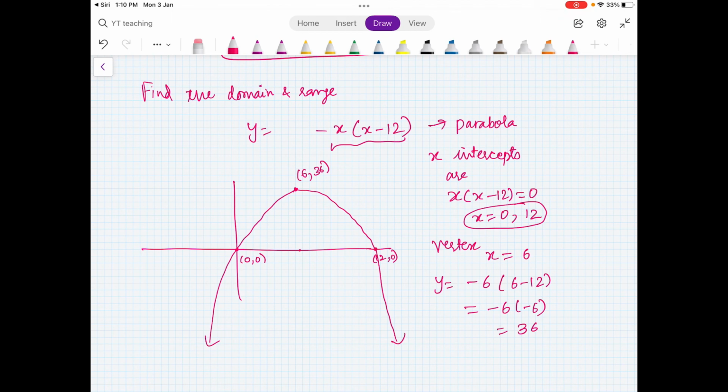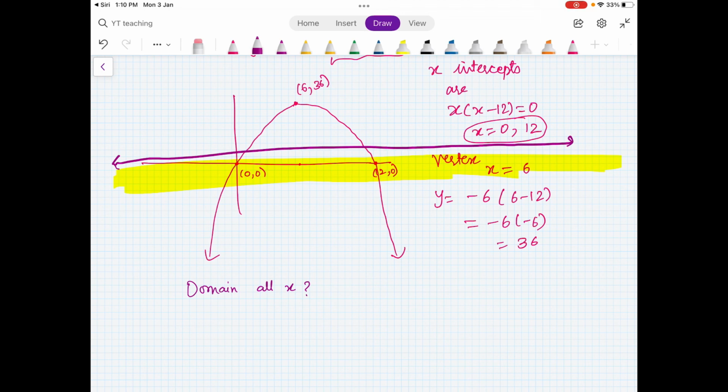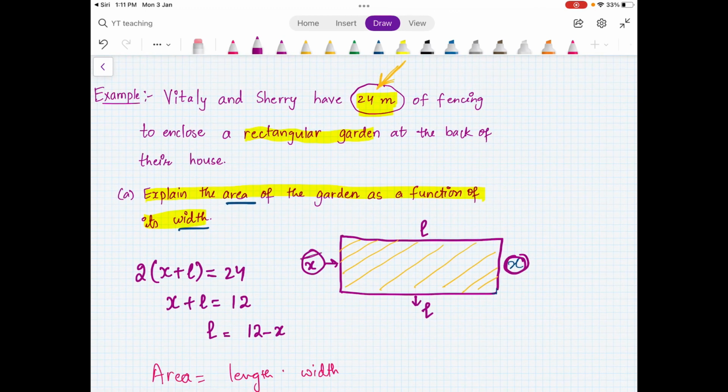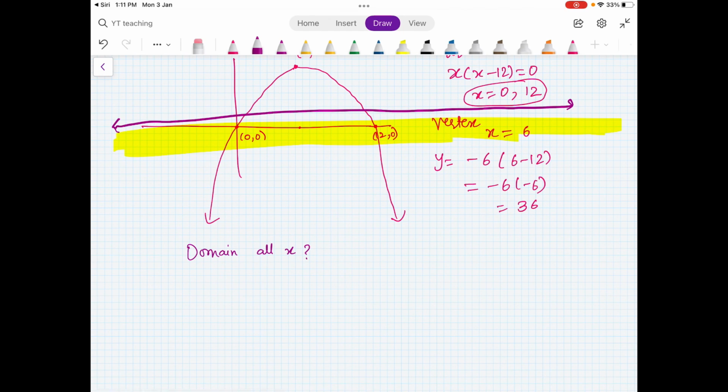Okay, so now you talk about the domain. The domain here is all possible values of x. Is it true? Can you tell me now? If we just look at this graph, we say the domain is all possible values of x. But now you see, this is a word problem, something related to real life. Now, x is your width, right? So you cannot make it negative. So we cannot give that answer here, that it is all possible values of x. Because x is a width here, x has to be greater than 0. Otherwise, there is no sense, right?